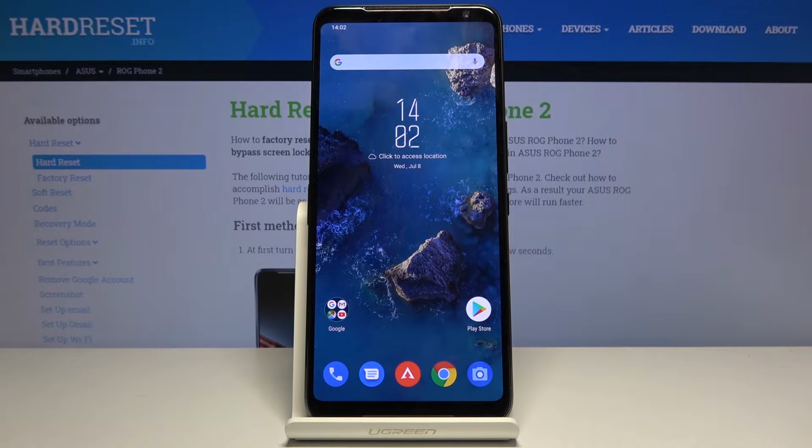Welcome, this is an ASUS ROG Phone 2, and today I'll show you how to enable and set up the